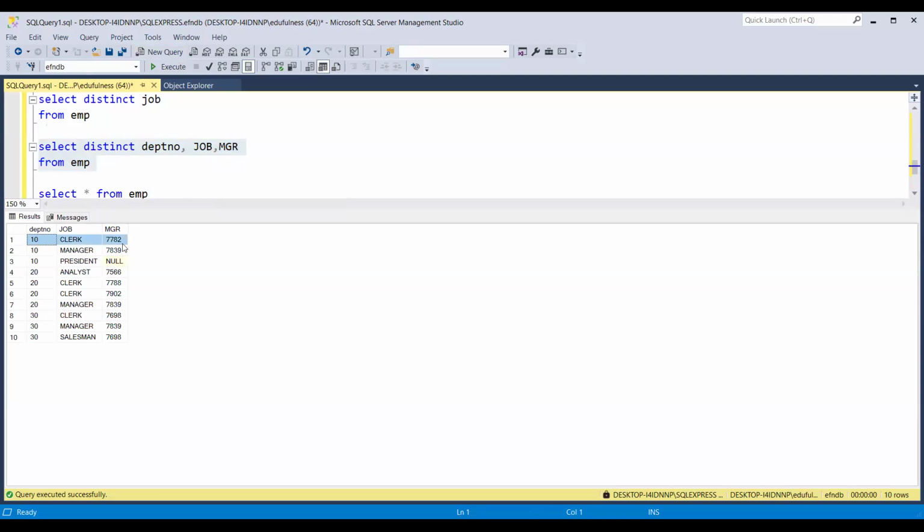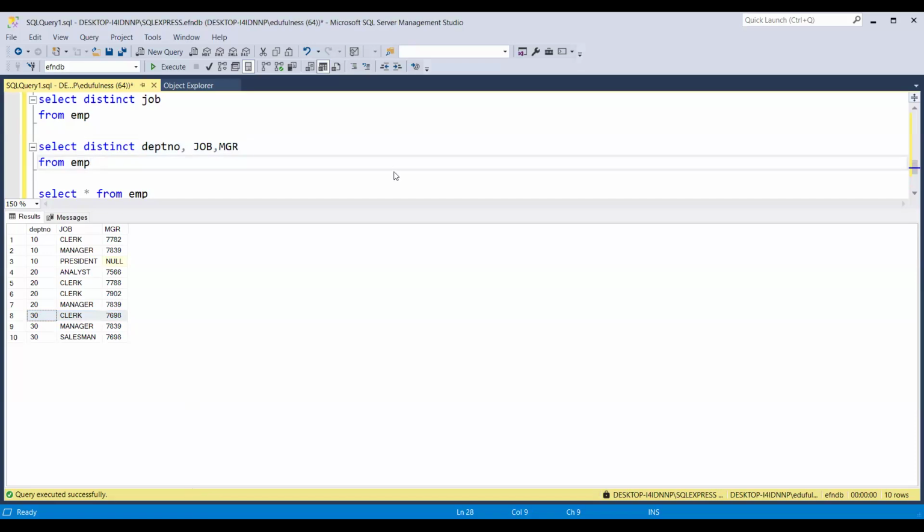Even under this, some values might be repeated. 7698 is repeated. Like that, some values will repeat, but the combination never repeats. That is the DISTINCT keyword, which you will definitely use very frequently in real time. Hope it is clear. Any confusions?